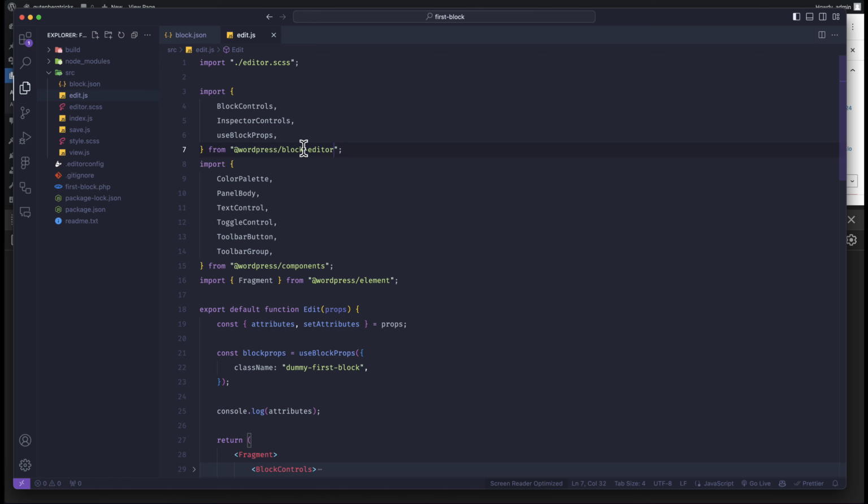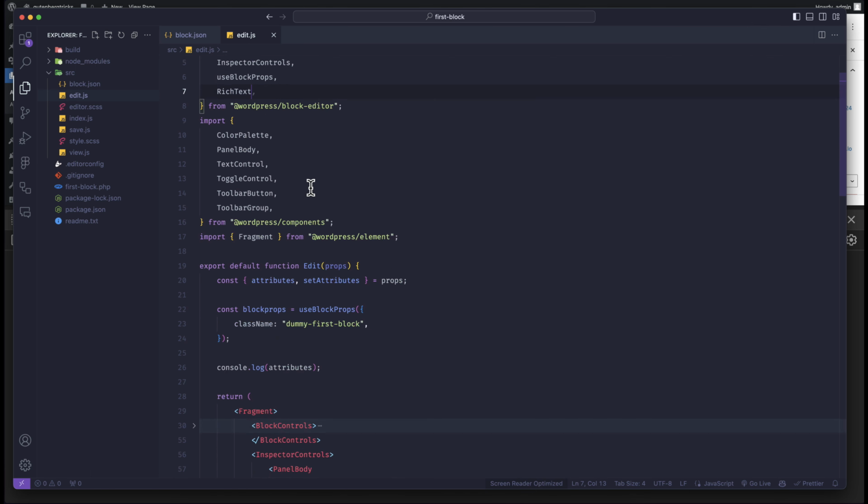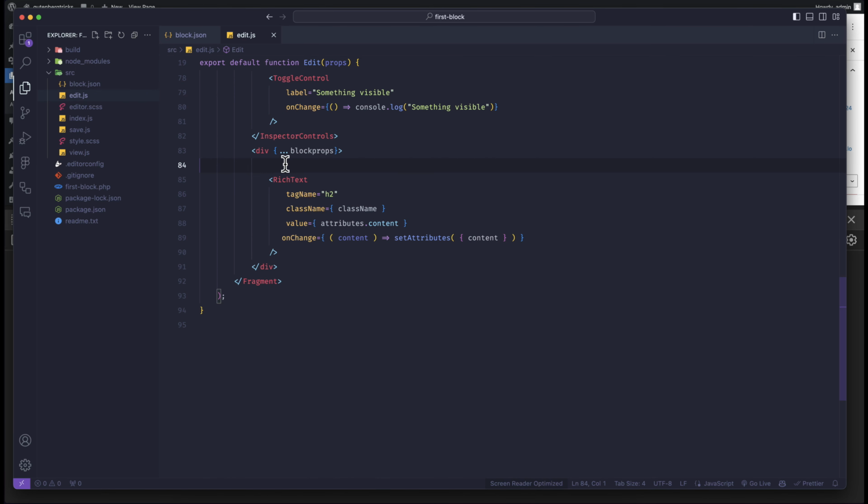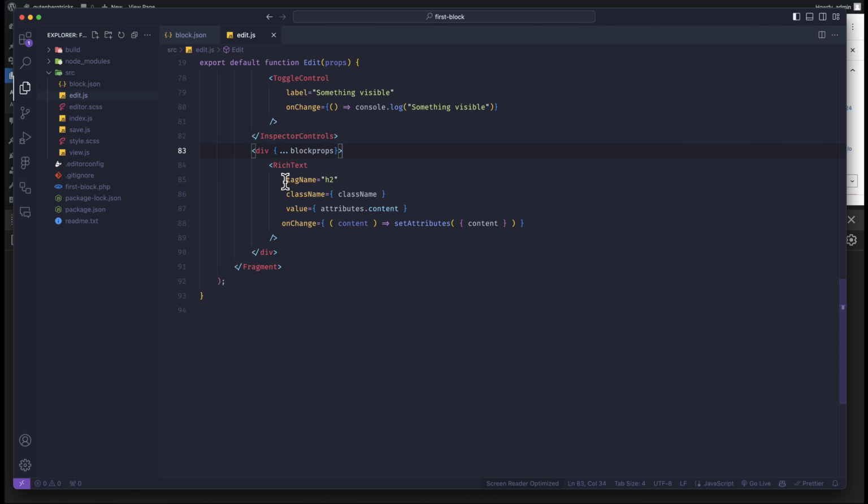So this is our block editor. Let us import this one first. It has some basic props. First, the tag name for this RichText, we can call it just paragraph. We can pass a class name. Right now we don't have any class name, and the value for this